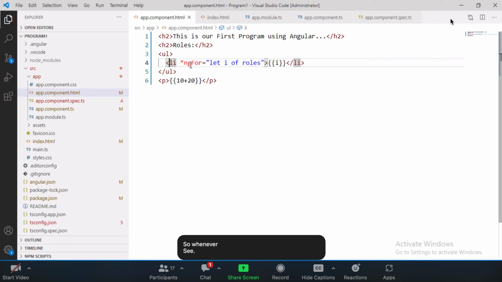The star refers to something like a structural directive. Why do we actually use a star? It could be simply ngFor, right? When you create different directives, each directive has a different purpose. Now to specify